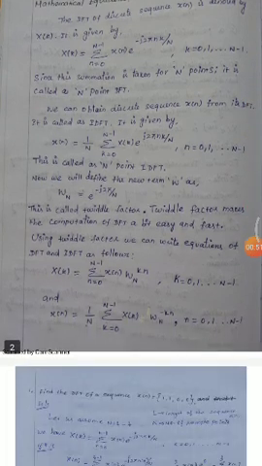So the DFT and IDFT are as follows. X of k is equal to summation n equal to 0 to n minus 1 x of n omega n power n k, and the inverse transform is 1 divided by n summation k equal to 0 to n minus 1 x of k omega n power minus k n.